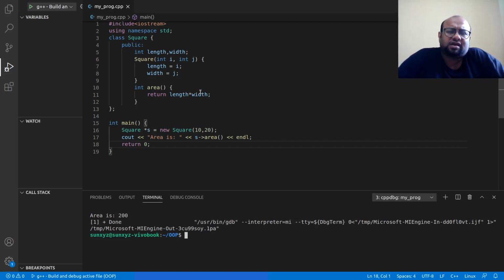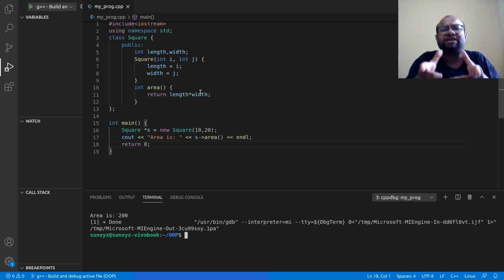Alright, so if you don't know beforehand how much memory you are going to use, you cannot allocate a fixed amount of memory beforehand, right? Since you don't know. So in that case, what you have to do is allocate memory in heap during runtime.